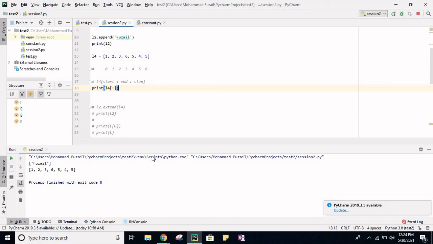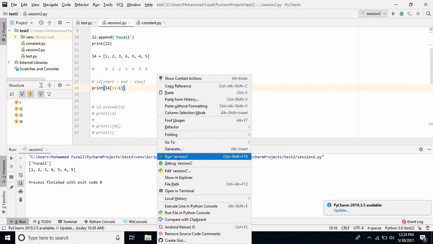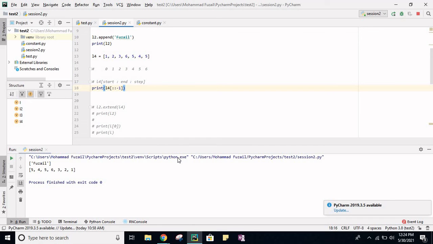Okay, sir, but if we print the complete list in reverse order. In reverse order. Okay, so same way as I said, right? To tell the iterator that it has to go in the reverse direction, and we need each element, for start and end we are not passing anything, as I said. Then for the step we have to pass -1. Now see, the complete list will be reversed. Check, the complete list is reversed. Okay, you got it? Got it.